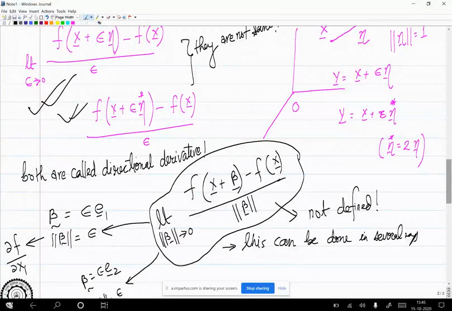सर, मतलब इस टाइप से रख लें, मेरा मतलब है कि अल्फा टाइम्स आई कैप प्लस जे कैप प्लस के कैप, इस टाइप से रख लिया, और फिर लिमिट अल्फा टेंड्स टू जीरो हो जाएगा। बट दैट्स अ वेरी स्पेसिफिक केस। उसमें तुमने सिर्फ उसी डायरेक्शन के लिए लिया जो कि अलोंग आई प्लस जे प्लस के है। अगर मुझे कोई और डायरेक्शन के लिए करना होता तो क्या करते? सर, तो मैं उस यूनिट वेक्टर को इसी हिसाब से एडजस्ट करता हूँ। वही हो गया ना, तो फिर बात तो वही हो गया फिर जो मैं यहाँ पे कर रहा हूँ। यही तो फिर तुम बोल रहे हो, तुम जो कह रहे हो फिर तो वही बात हो गया।